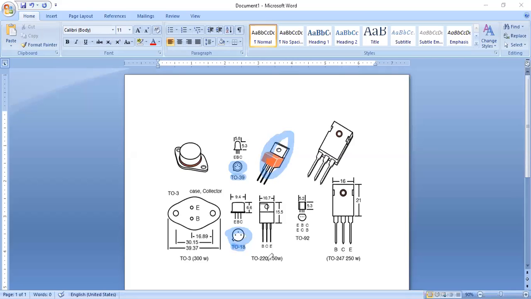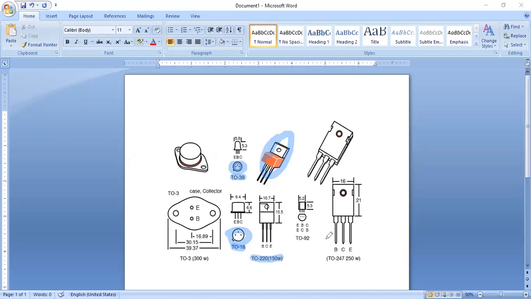If you start from the right, ECB. This kind of package is known as TO220, and the power handling capability is up to 150 watts.